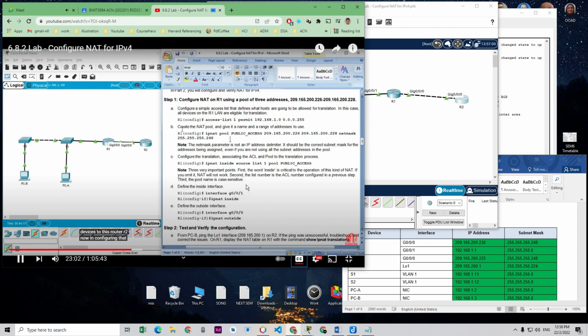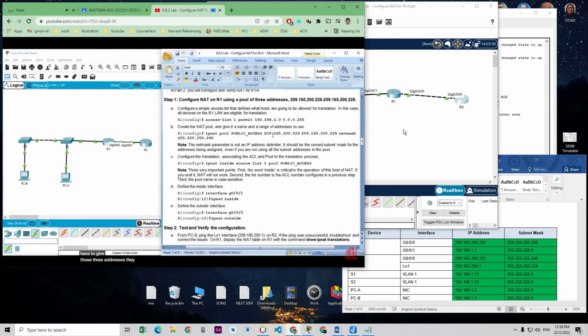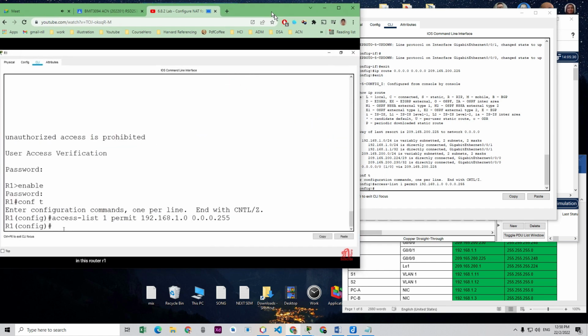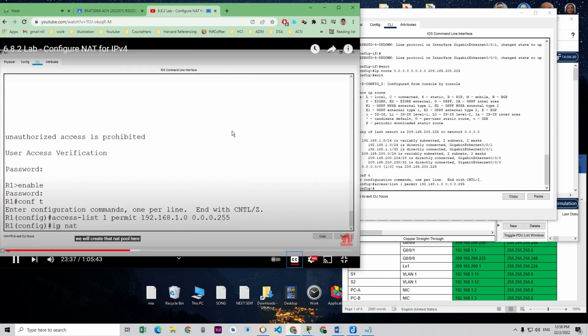Now in configuring NAT, create the NAT pool and give it a name and a range of addresses to use. So in R1, we will create this IP NAT pool with the pool name public_access, and then we have to give those three addresses they specified, from 226 till 228. Then we have to specify the net mask in this router R1. We will create that NAT pool here, IP NAT